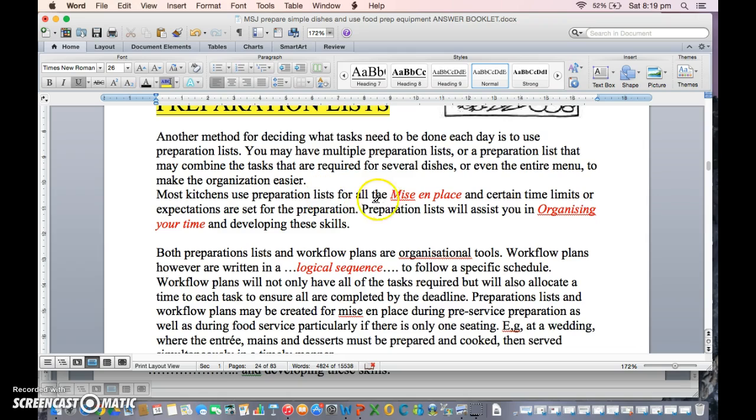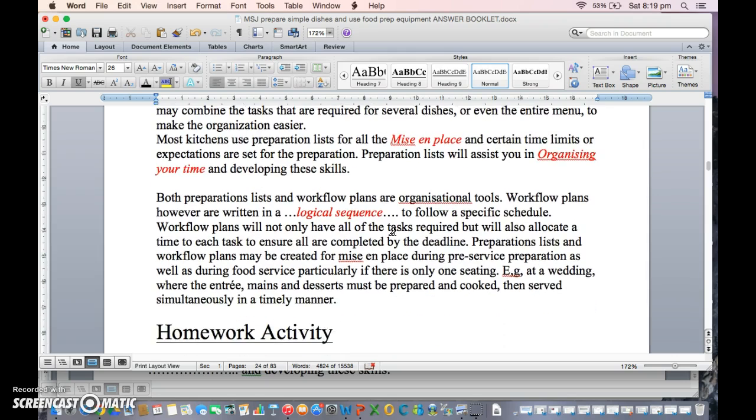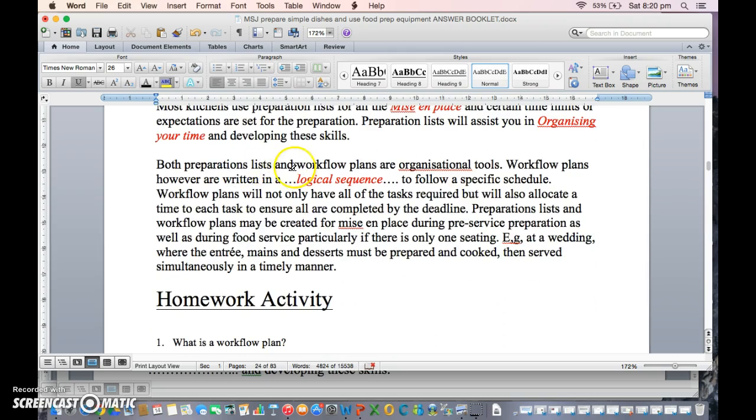Most kitchens use preparation lists for all the, pens out, mise en place. You have a gap there, so you need to write this in. Most kitchens use preparation lists for all the mise en place and certain time limits or expectations set for the preparation. Preparation lists will assist you in organizing your time and developing these skills. Both preparation lists and workflow plans are